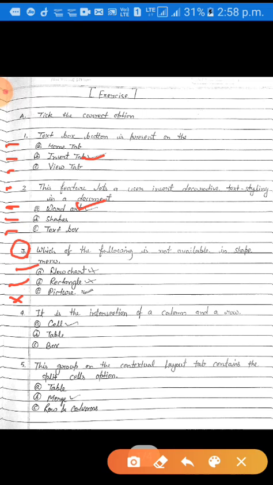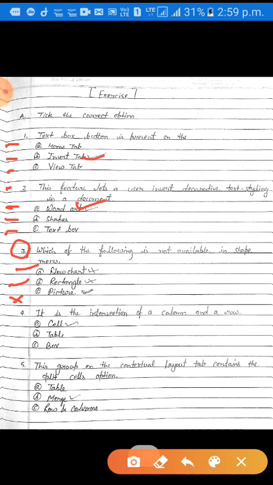Next, question number 4 is it is a intersection of a column and row. Dear student, there are 3 options. You can see option number A is cell, option number B is table, and option number C is box. And the question is asking it is a intersection of a column and row.